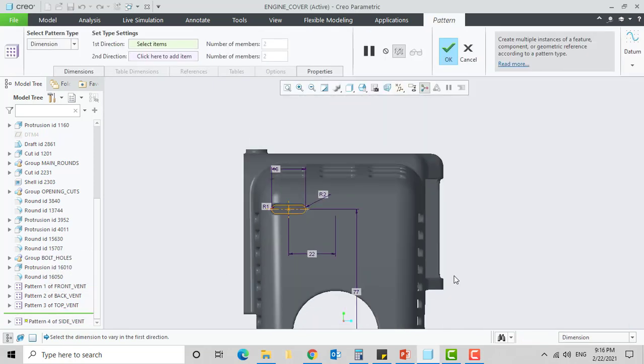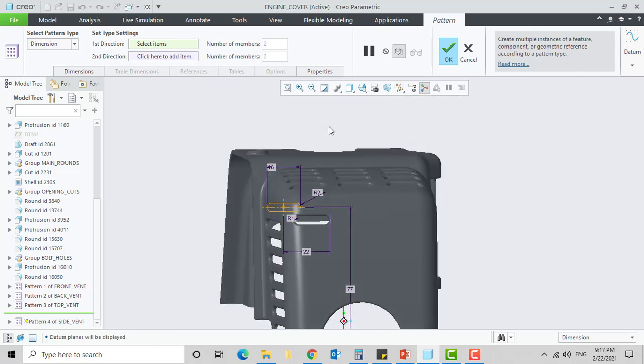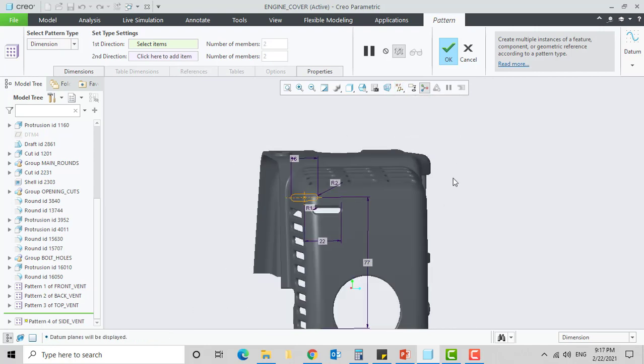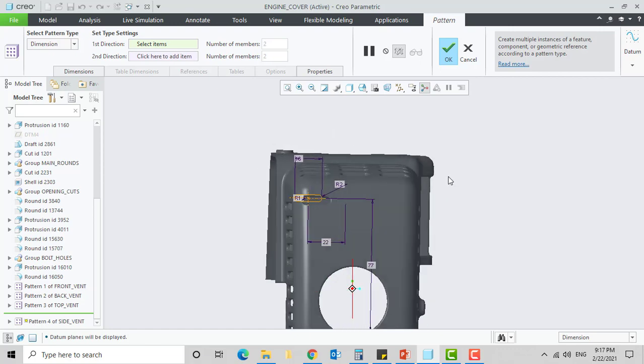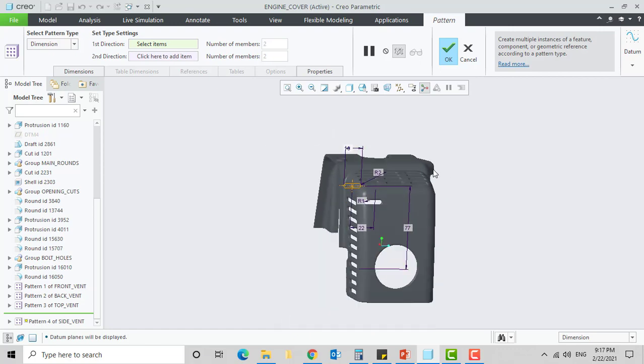The pattern dashboard is displayed. In the pattern type, select direction pattern. Enable or disable the views display, where I enabled only the planes, so that the top plane and the front plane will be visible.